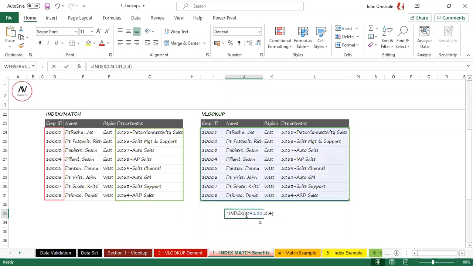What do I need in this? I need the table array. I need the row number. I need the column number, and column number is optional. It's not compulsory. It is when you select more than one column that you now need to specify the column number. But in this case now,